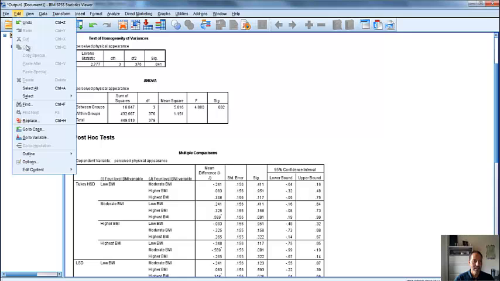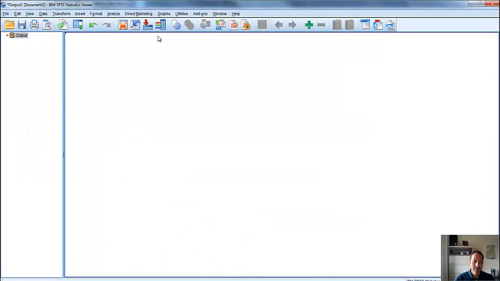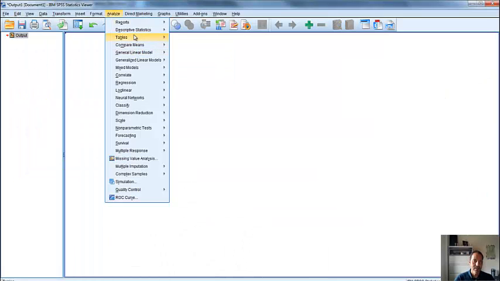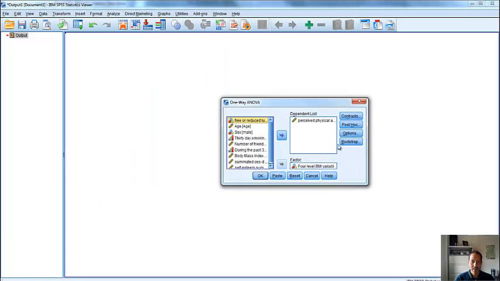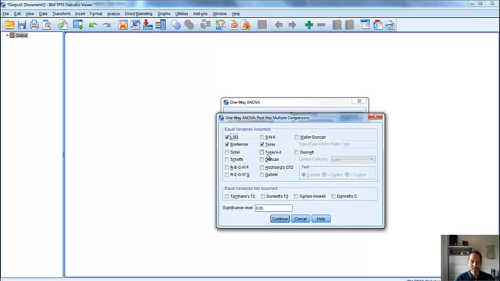So I'm going to edit, select all, and hit delete. Let's go ahead and run it again. So compare means, one-way ANOVA, and post hoc contrast. So we're not going to use any of these here. It says here equal variances assumed. We can't assume equal variances. So I think we should be okay with